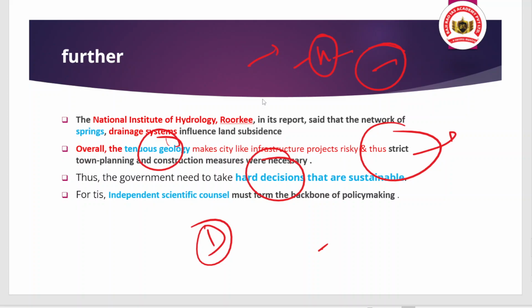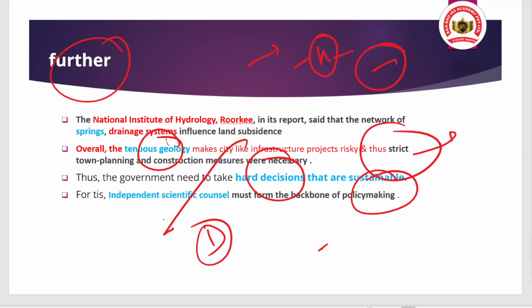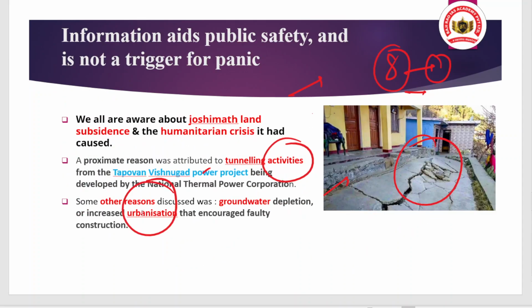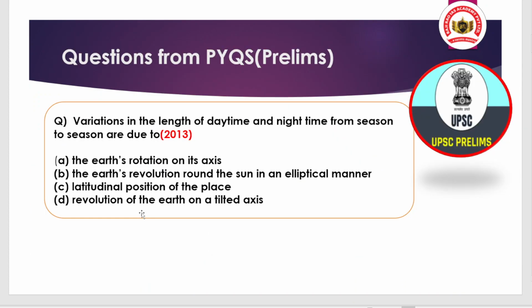Okay, so what this article says is that, despite there being a report that talks about the issues involved, in any policy making there is a need to have an independent scientific investigation, and if the report suggests something, there is a need to adopt that suggestion. Otherwise disasters will be a common scenario, and we are seeing all of that. Okay, so the report highlights we have discussed, and the solution of the prelims question that we have asked